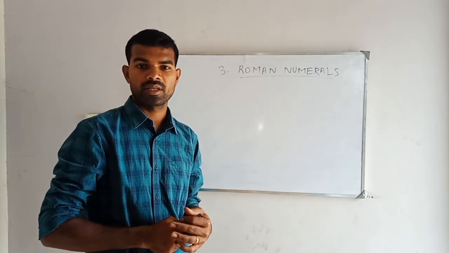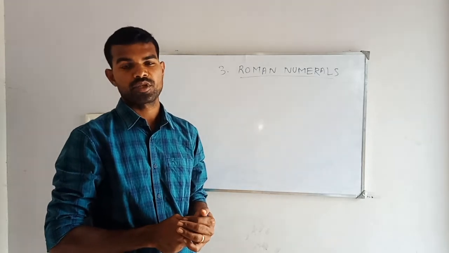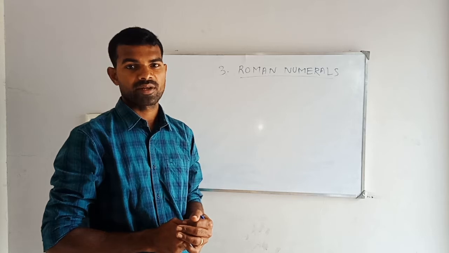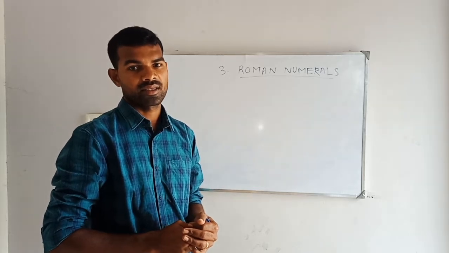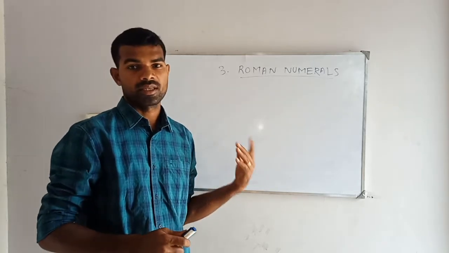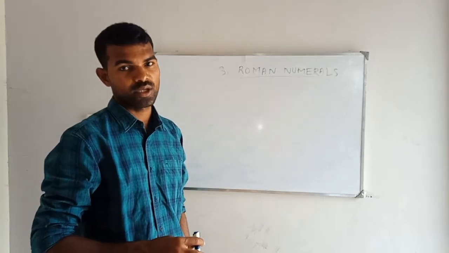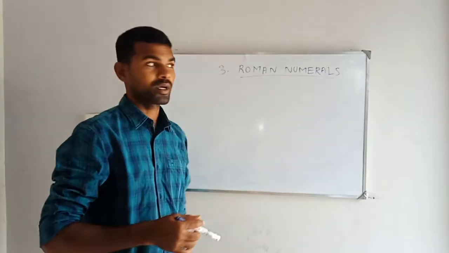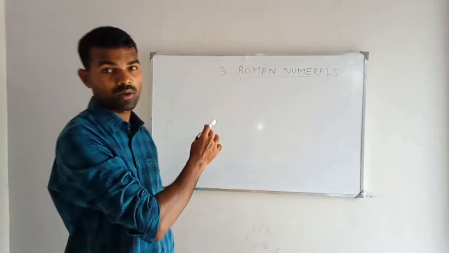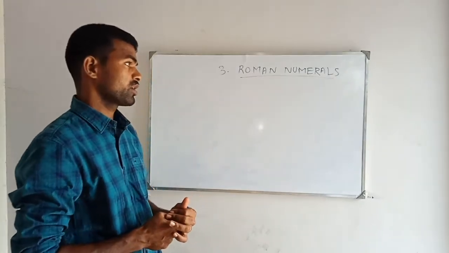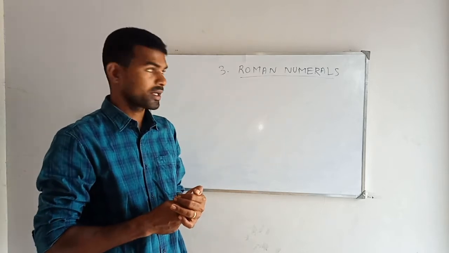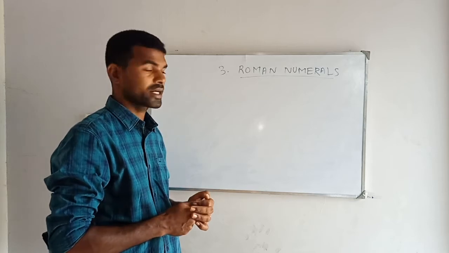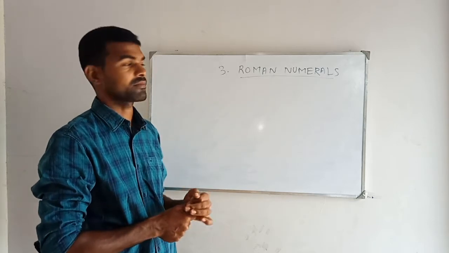using the digits from 0 to 9: 0, 1, 2, 3, 4, 5, 6, 7, 8, 9. Using those symbols we have studied numeration. But now we are going to study a different type of numeral, that is, the Roman numerals. We have already come across Roman numerals. Now we will study them a little more deeply.